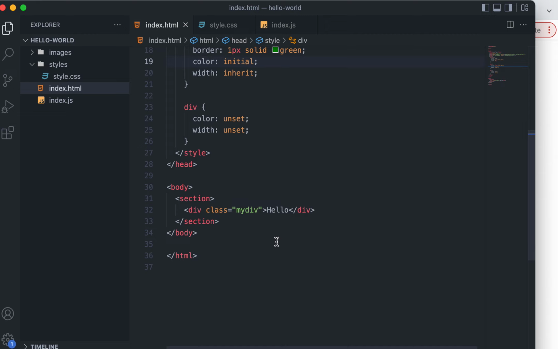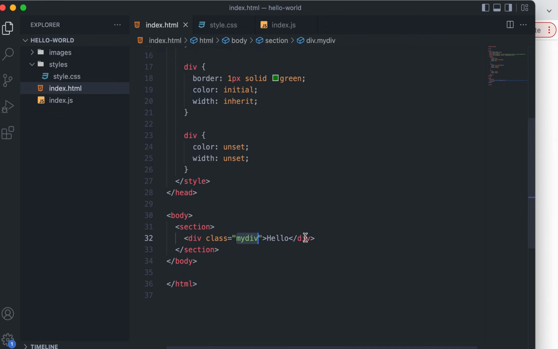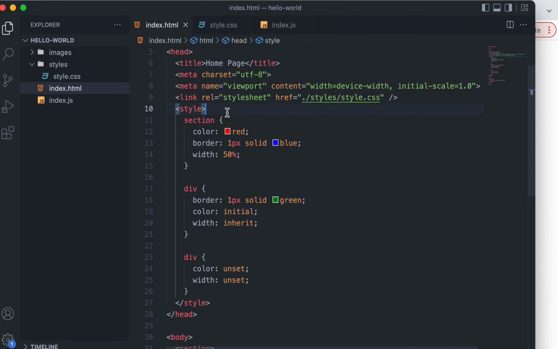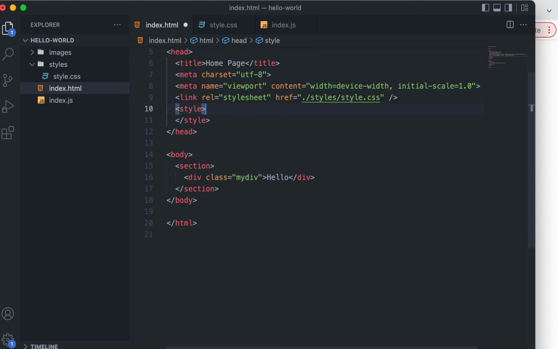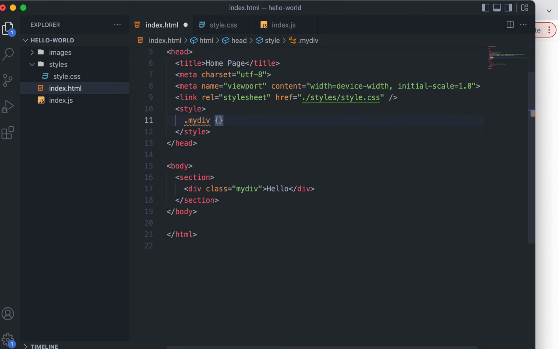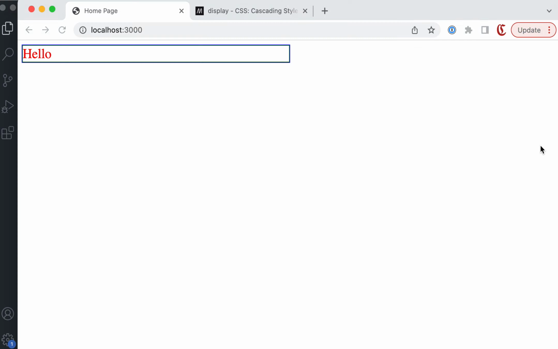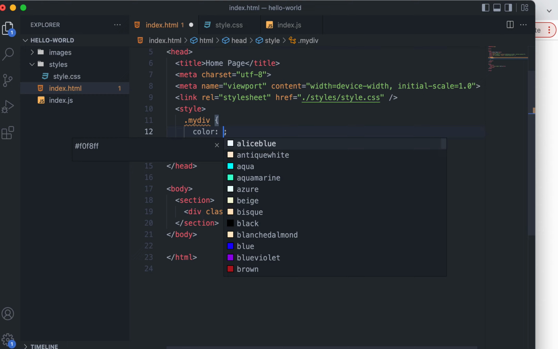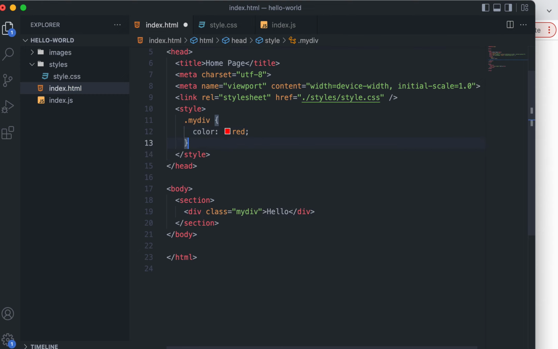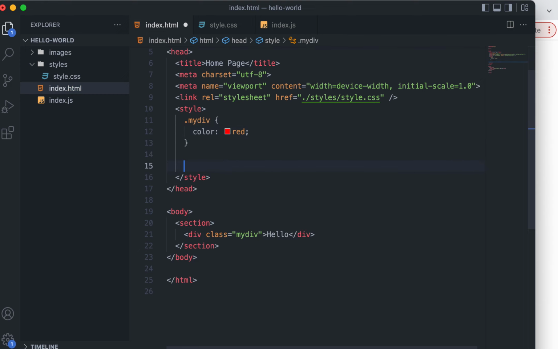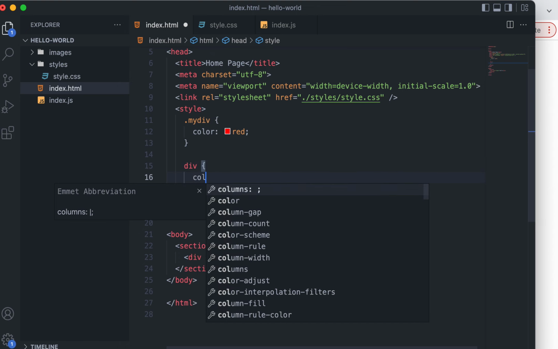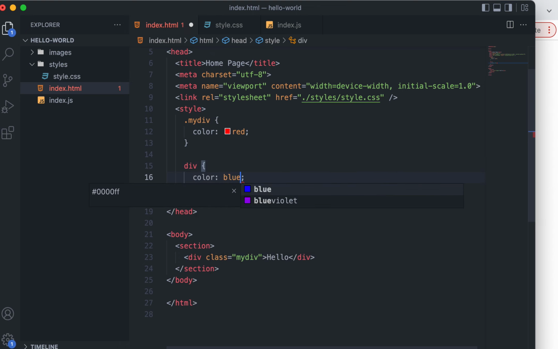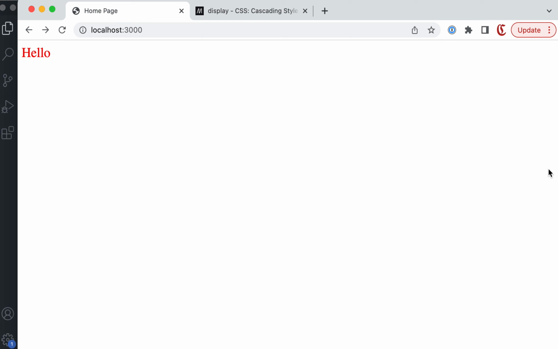Just take an example of div only. So my div and div, that will work, right? So let's take simply my div. Right now no color is there, so it will be black, that is fine. But my class said that color should be red, and let's say again I write div and color is blue, and obviously it will be red, because even if it is written later, the specificity of my class is higher, and that's why it will be red.